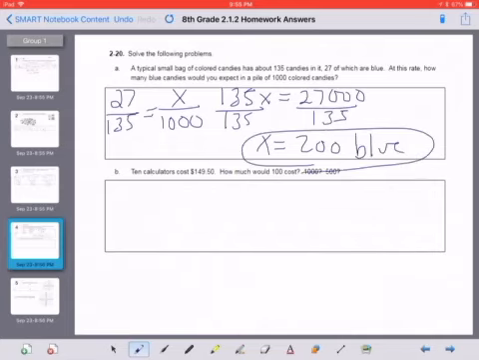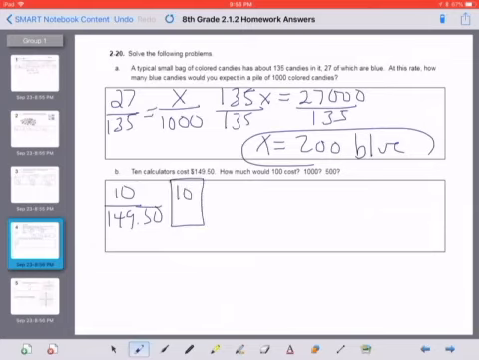Then for B, it says 10 calculators cost $149.50. How much would 100 cost? 1,000, 500. So if 10 costs $149.50, I can just multiply by 10 to get 100's cost. So 100, I know costs 1,495. So that's how much I have for 100. So then to get 1,000, I could just multiply by 10 again,